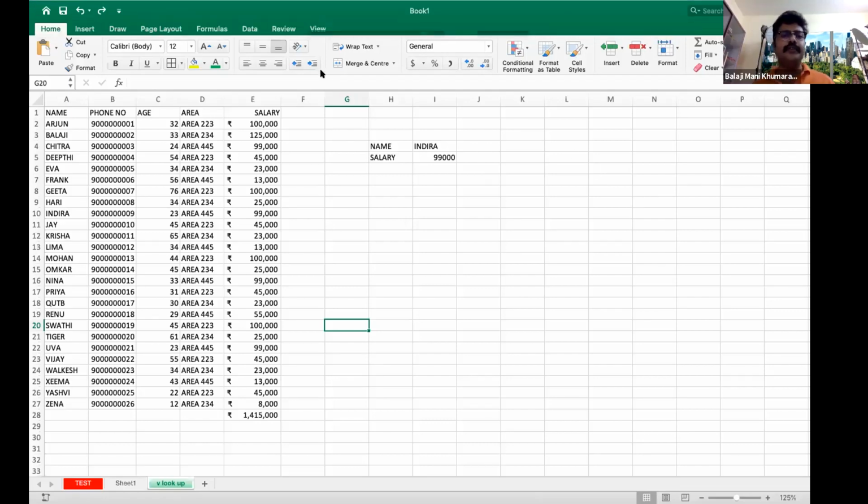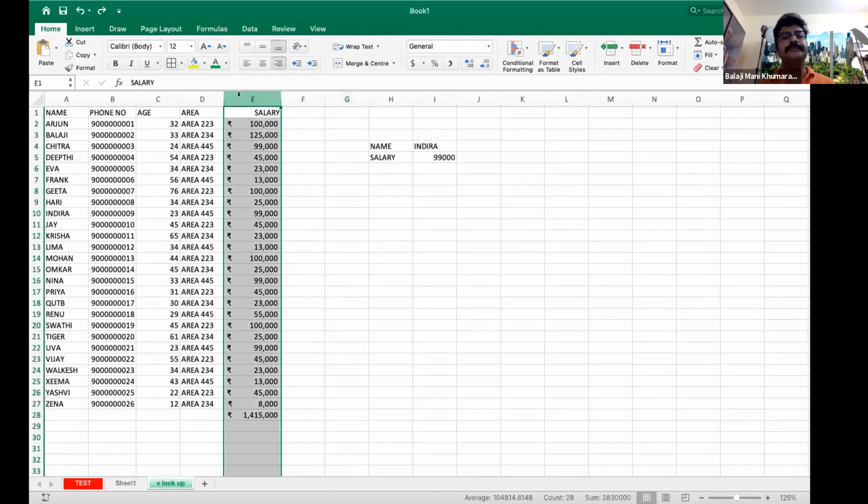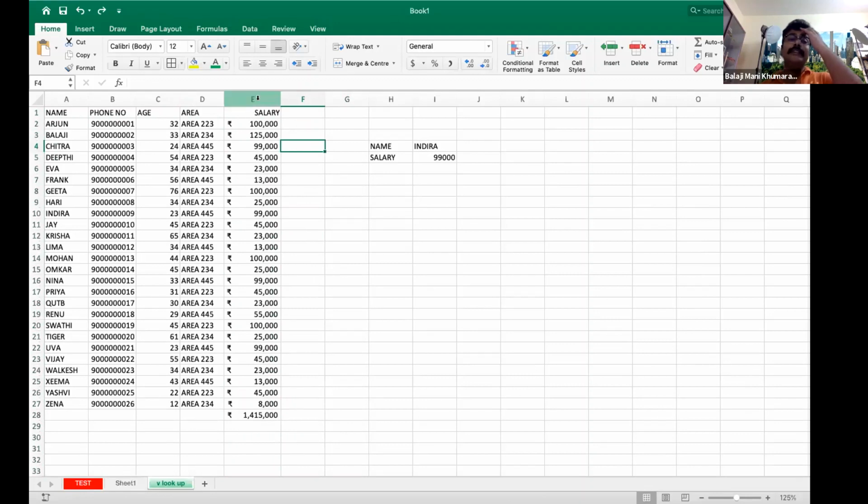Okay, now we go to a few more elementary functions. Let's say I would like to insert a column here. Okay, here it has got area and salary. If I have to insert a column here, the way to do it is